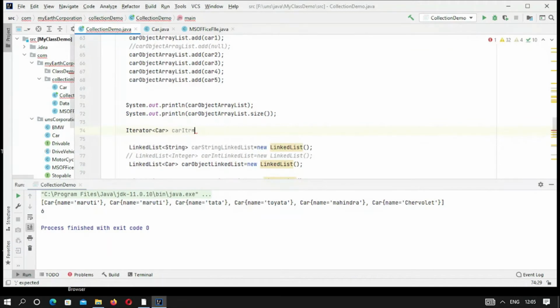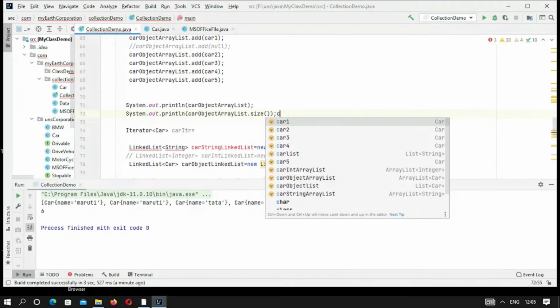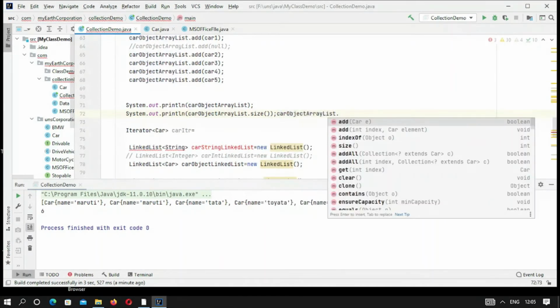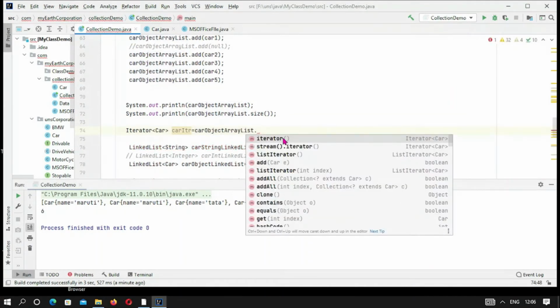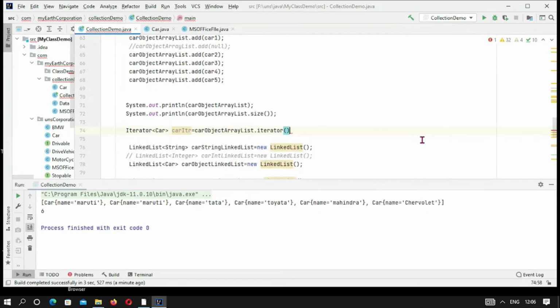The name of the array list is car object array list, and then dot iterator. So it will return an iterator.